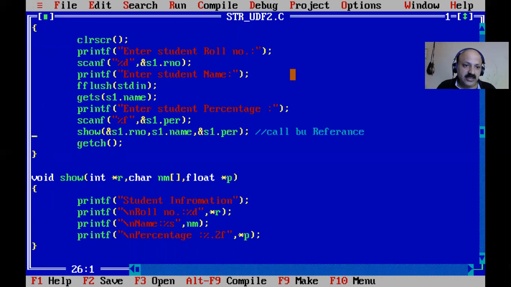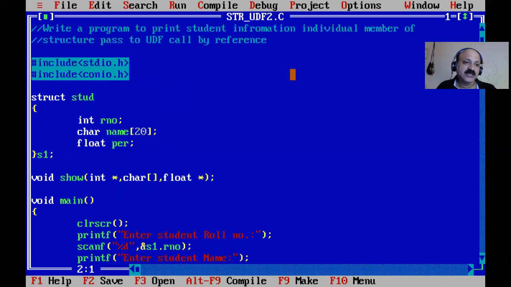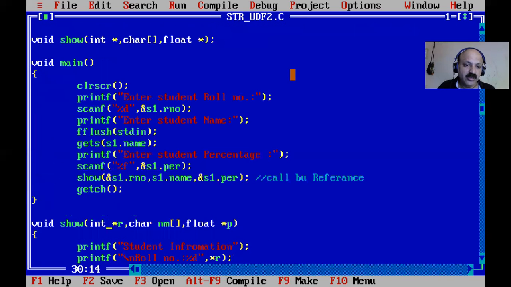Yes, I think this is a very simple way I can elaborate what passing an individual member to a UDF is. Here first we can see the call by value technique, and after that the call by reference technique. Here you just declare the appropriate integer pointer. A character 1D array is itself a pointer, meaning the name we have to pass, which stores the array base address. All of the string is copied into nm. We can pass the address already. So that is the call by reference technique.